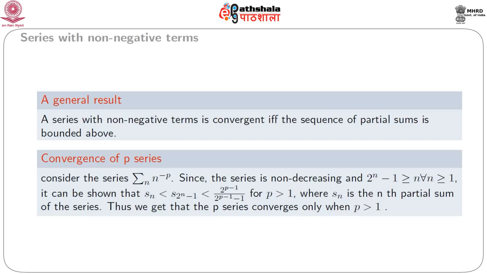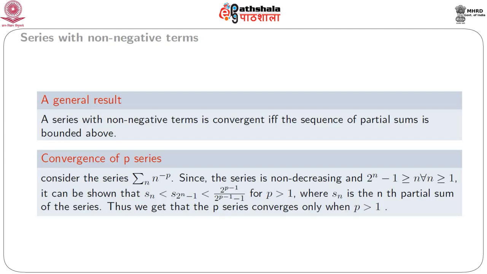If we consider the partial sums, we find that the partial sums are non-decreasing, and one can easily prove the inequality that 2 to the power n minus 1 is greater than or equal to n for every n greater than or equal to 1, and this can be proved by expanding (1 plus 1) whole to the power n minus 1 in binomial series, and then omitting the